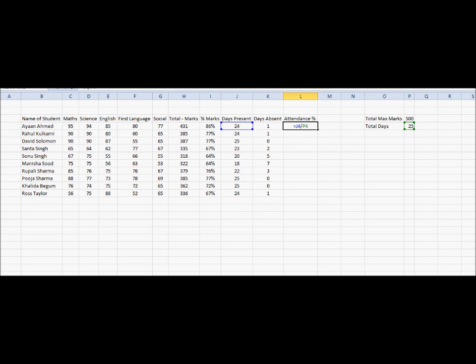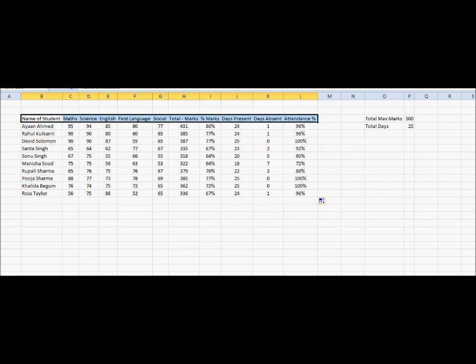There is a small tweak here. What you have to do is just highlight the denominator which you want to make a constant, and hit the F4 button on the keyboard. This will tell Excel that no matter what changes at the numerator, the denominator has to be constantly used from that particular cell value. Now we just drag it down, and bingo, here you see it, right? So this is the way Excel calculates the percentage.